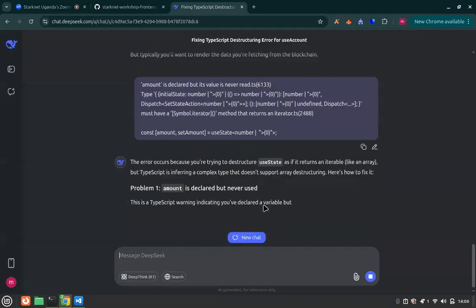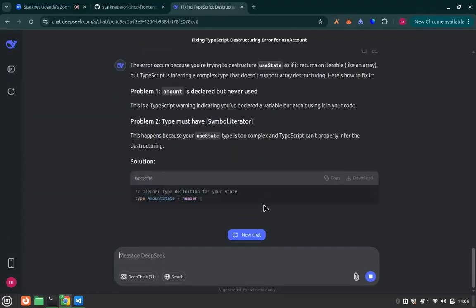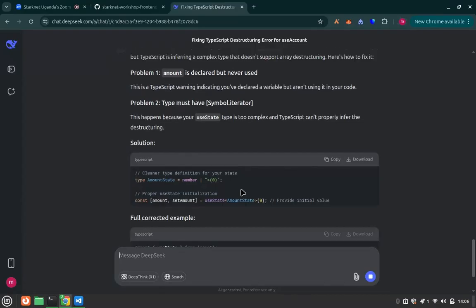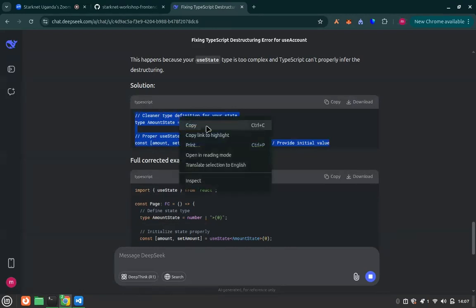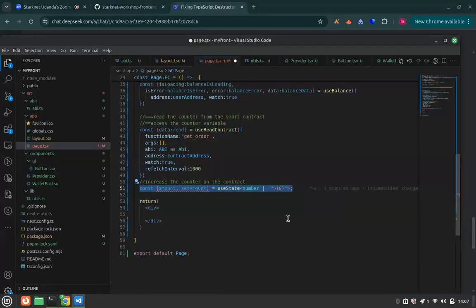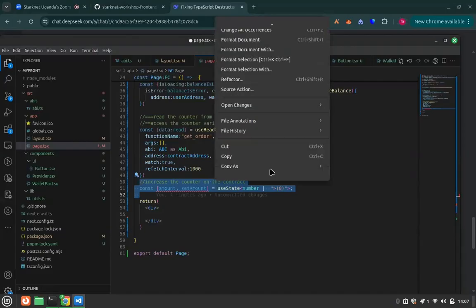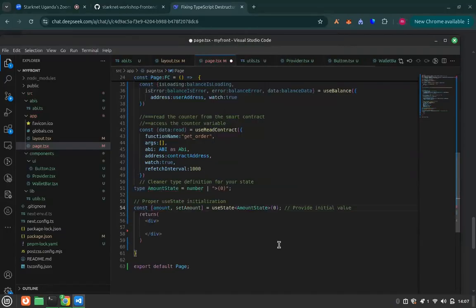The error occurs because you're trying to destructure useState. Okay, let me try to add that. So now after doing that,